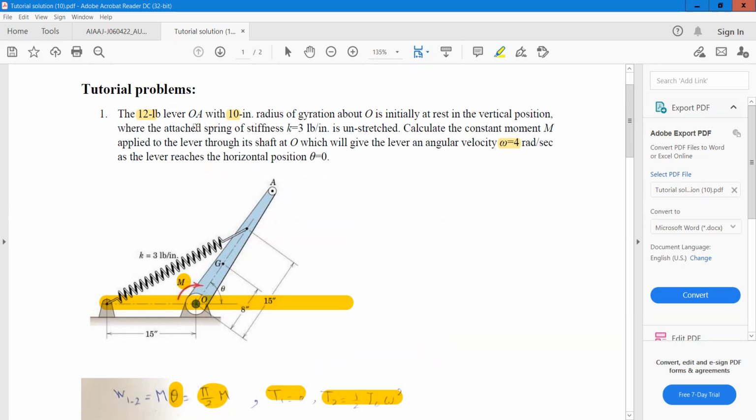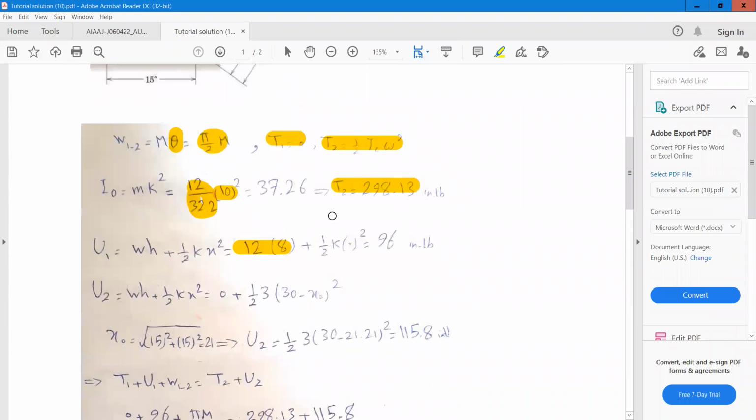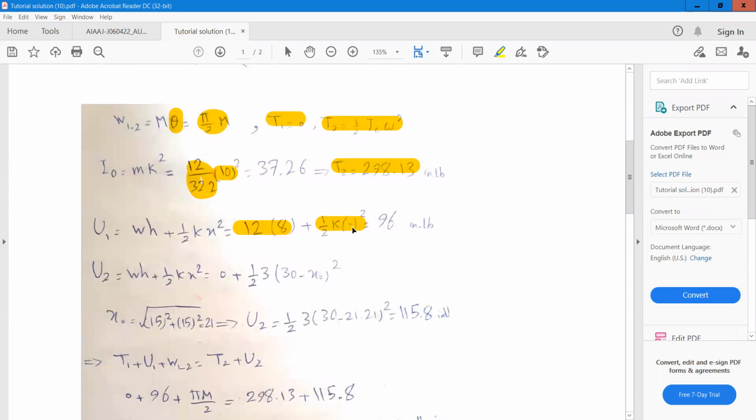So here, the attached spring of stiffness K3 is unstretched. According to these sentences, we can conclude that the potential energy of the spring is equal to 0, and we only have the gravitational potential energy, which is 96 pound-inch. And U2, or the final potential energy, is equal to, again, the gravitational potential energy plus the potential energy due to